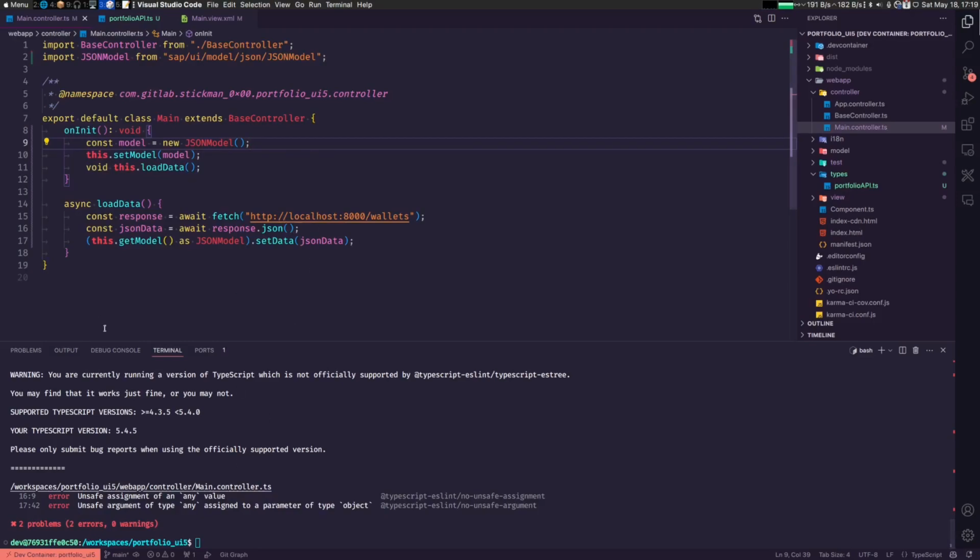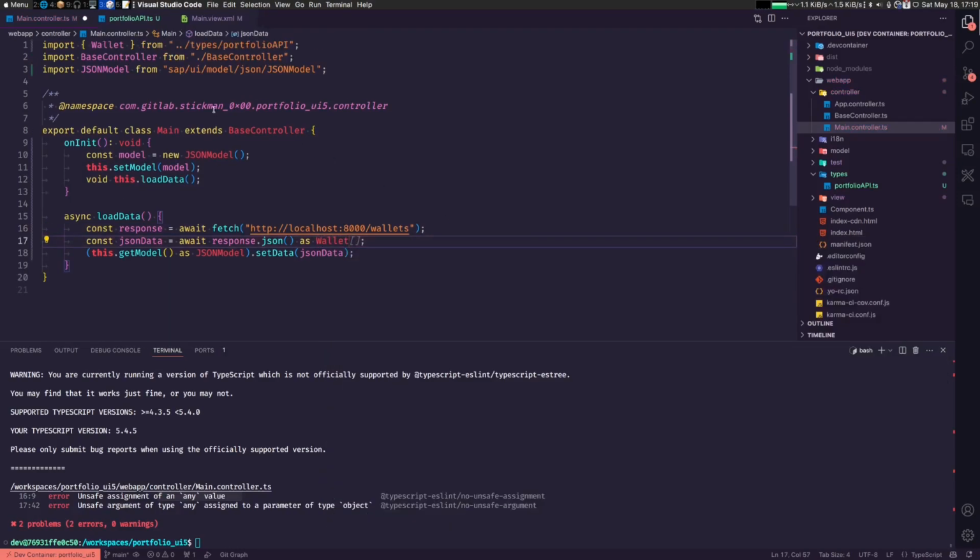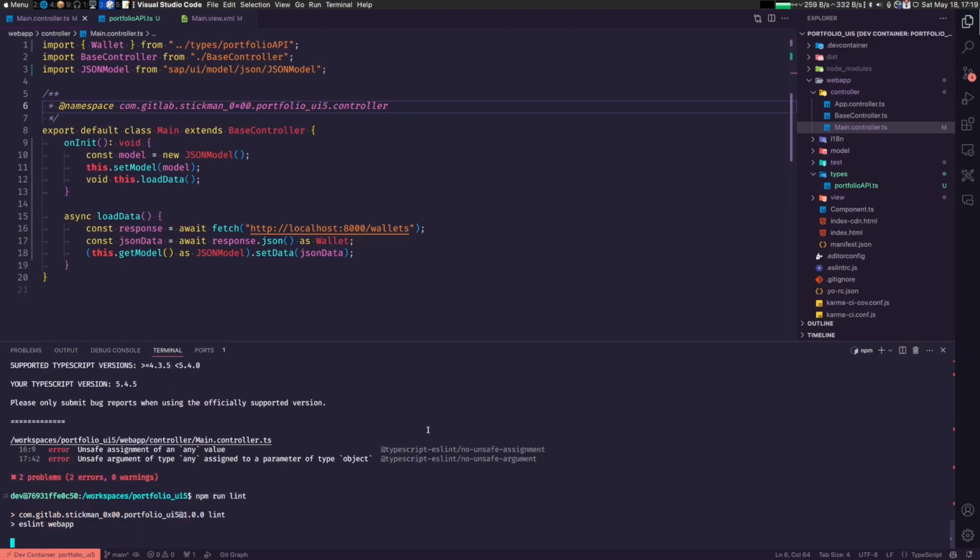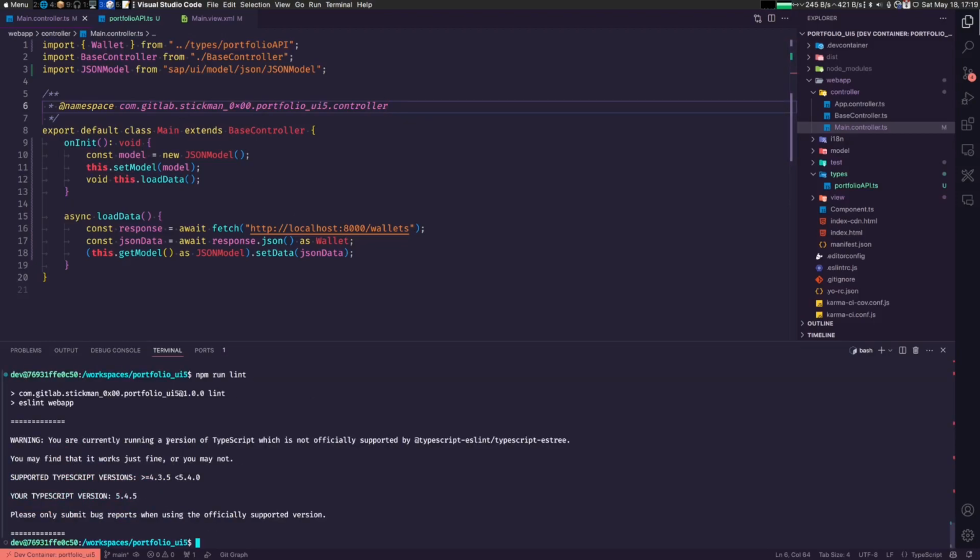And now I can just come here, line 16, like it's complaining, because it's saying this is of any type. But actually you want the type wallet. So it automatically imported from types, and I'm not sure if this is the most correct to load. Let's see. It seems that we don't have a problem, but I'm going to do it in another way, since at least